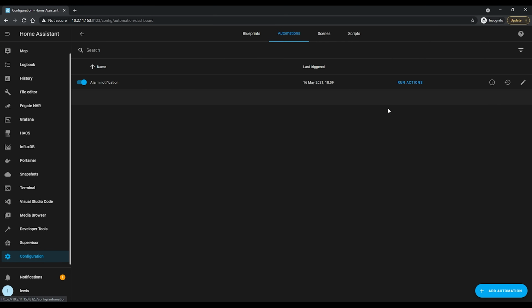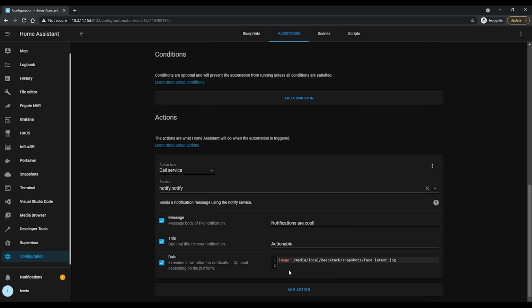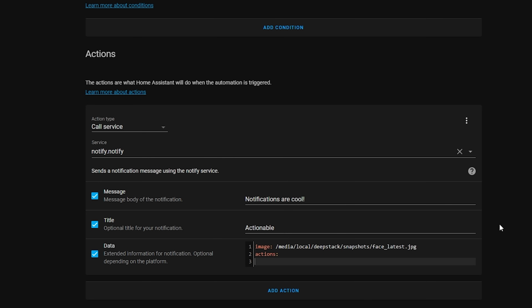/lovelace/camera. Then head back to your automation, and this time underneath the image that we did in the last step, you will want to add an action block like this. Under the action block, we can create a list of objects that will become buttons in our automation. First, add an action, and this is basically a unique identifier that tells the app what to do with this